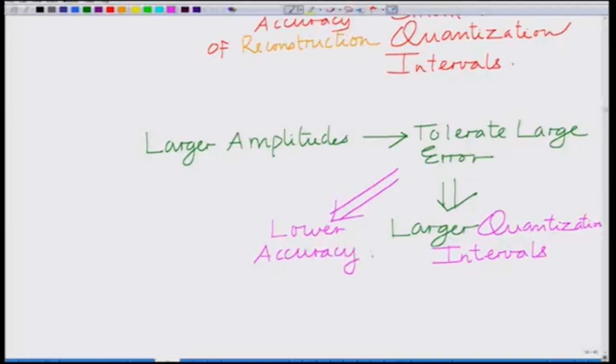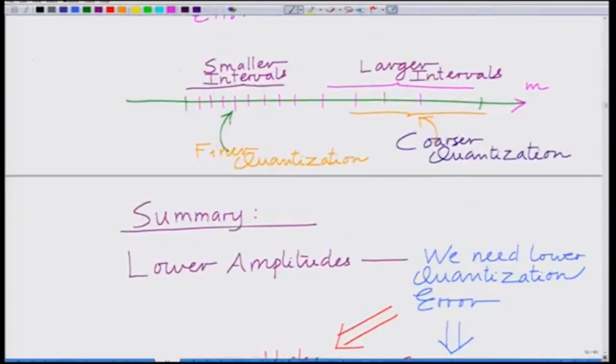Which means we can have lower accuracy. Okay. Now, therefore, if you look at this,